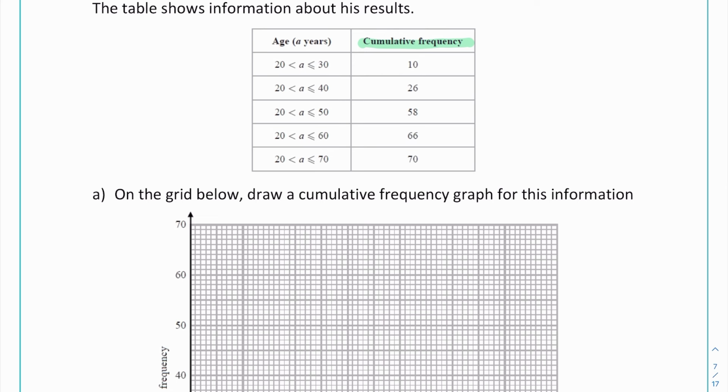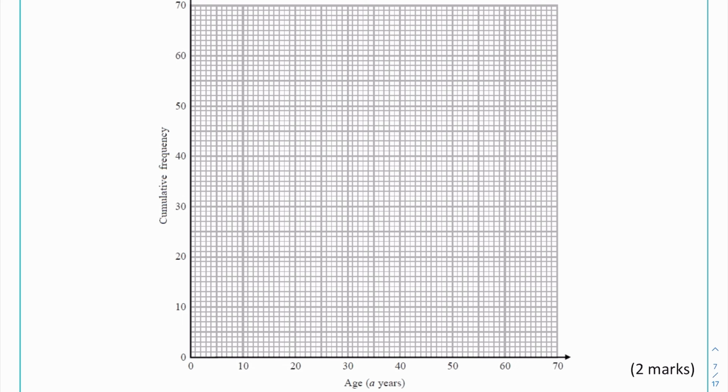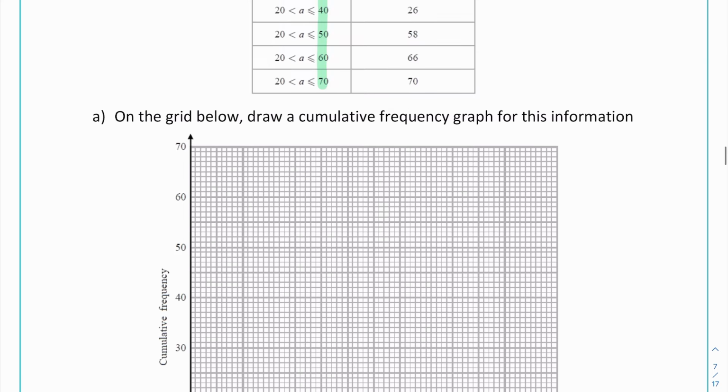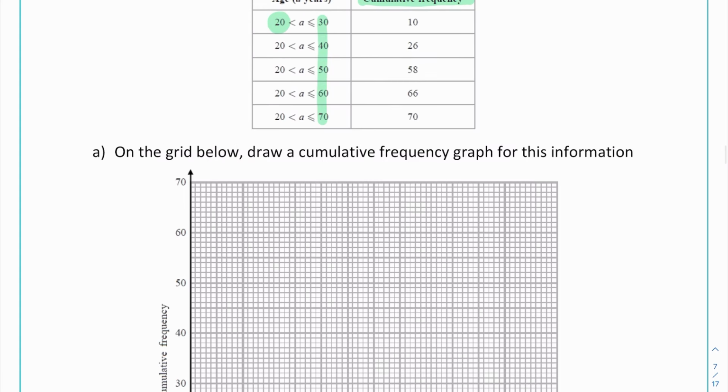So not forgetting the cumulative frequency, we are going to plot on these endpoints, and also not forgetting to join up to our starting number, not necessarily the origin. Let's have a look, and our graph does start at 0 on the origin, so we don't want to be joining that up to the wrong place. We want to be starting from 20, and then we're going to plot the rest of our points. So 30 goes up to 10, then it goes up in tens along, so I'll go 40, 50, 60, 70,